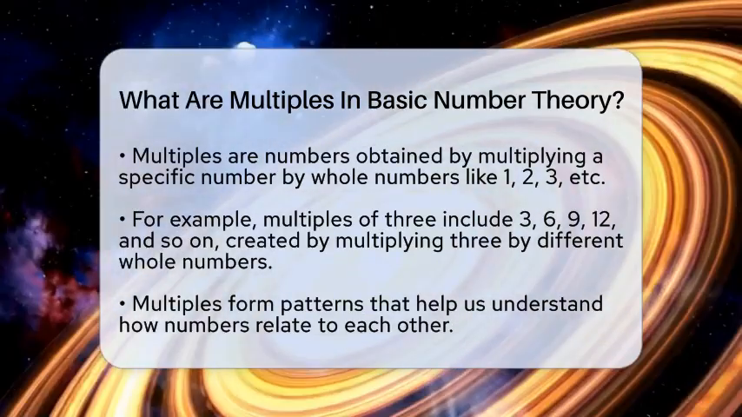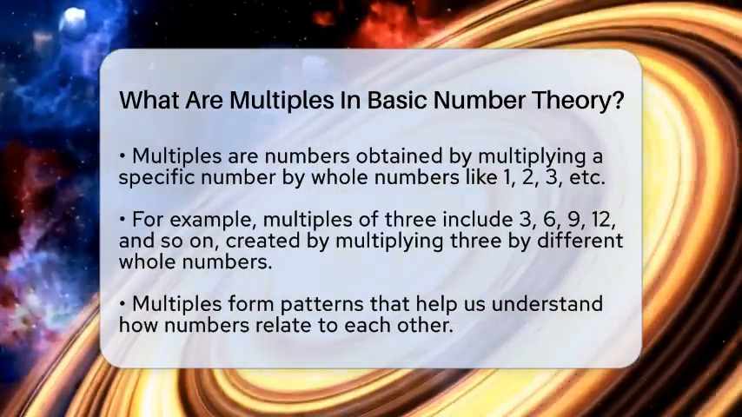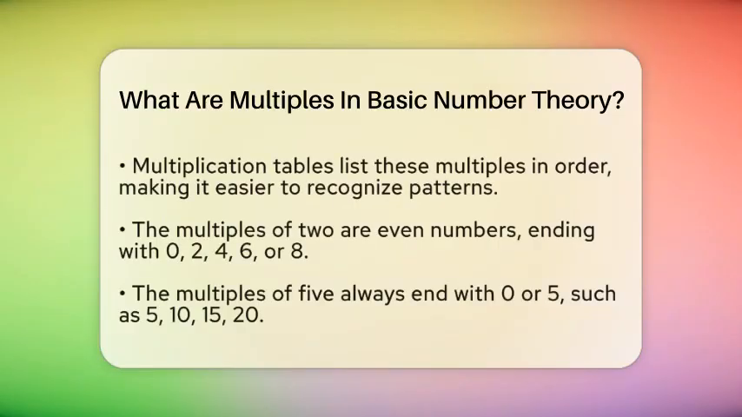Multiples are closely tied to multiplication tables, which list all these products in order. For example, the multiples of 2 are 2, 4, 6, 8, 10, and so on. Notice that all these numbers are even because they end with an even digit. Similarly, the multiples of 5 always end with 0 or 5, like 5, 10, 15, 20, and so on. Recognizing these patterns makes it easier to see how numbers relate to each other and helps in solving math problems